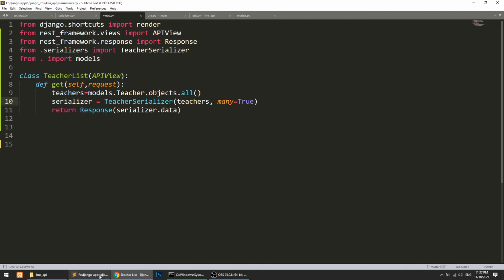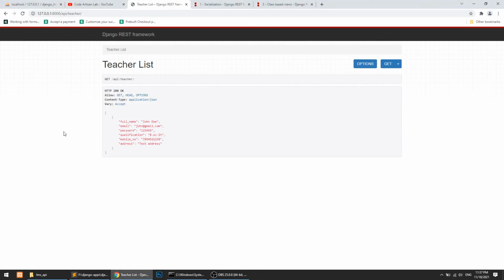We have connected the REST framework with Django. Okay, now the other things like how we can post the data, how we can update the data, how we can delete the data, I will do these things in the next video. And we will also define the authentication in this framework, and then we will move to the front end part, and then we will do other things.